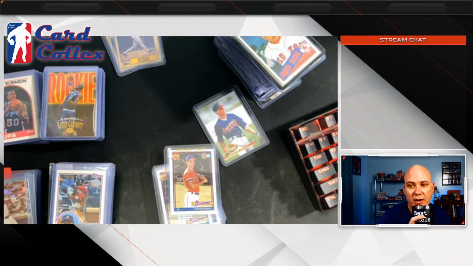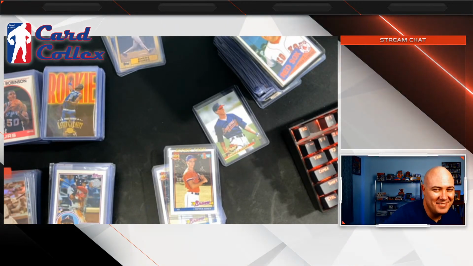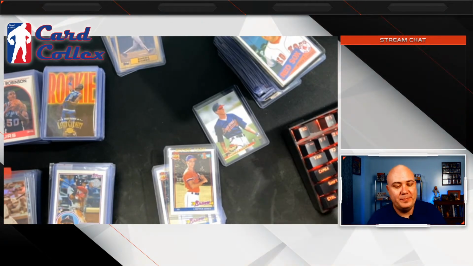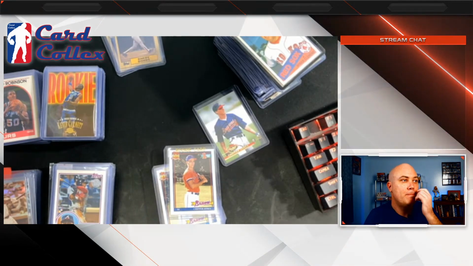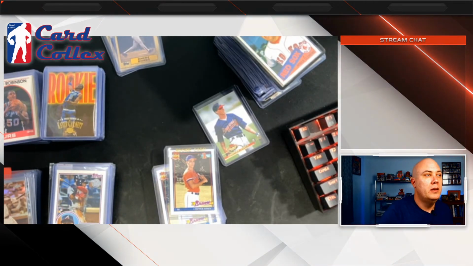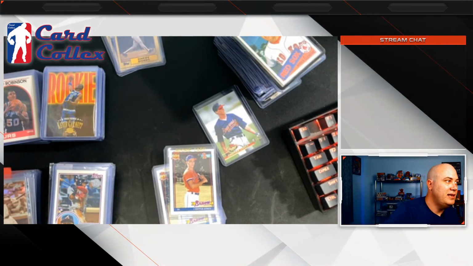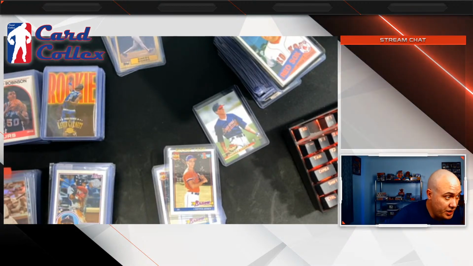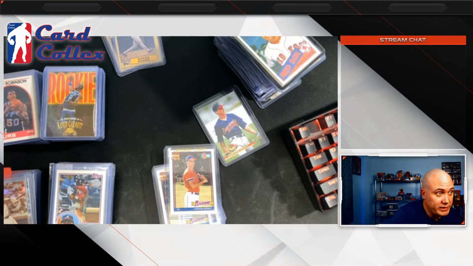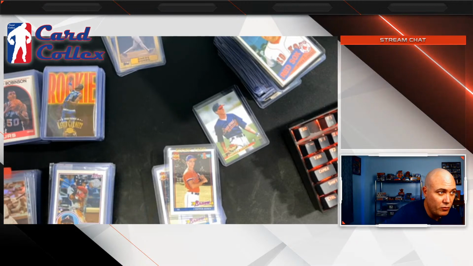Newer cards, Brandon Ingram. I just like Brandon Ingram. His stats have gone up year after year, and he's getting to that elite level. Last year he averaged 24 points a game, up from 18 the year before, which was up from 16, which was up from 9.